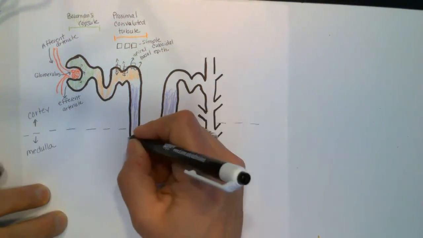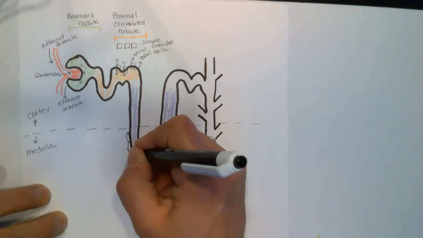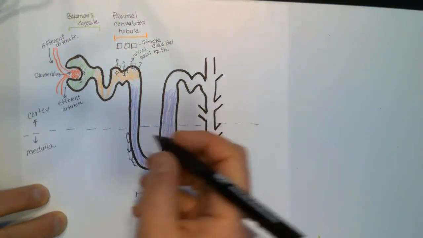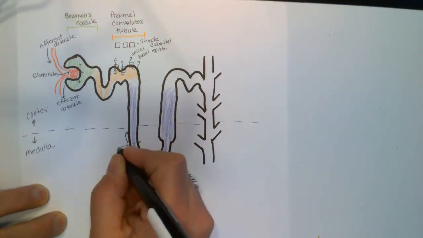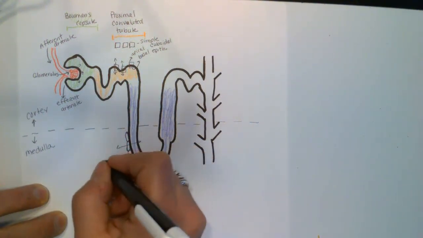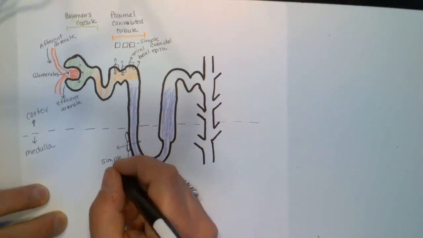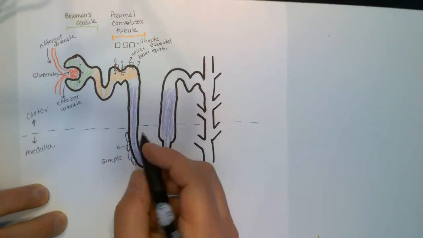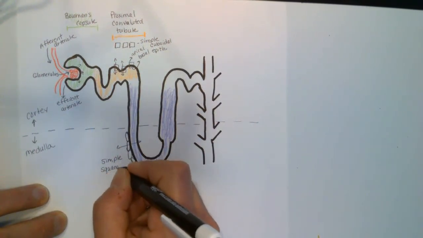Now, the loop of Henle is going to be made up of squamous cells, those flattened shells. And again, a single layer because eventually things are going to be going in and out of the loop of Henle. But just know that the epithelial changes in this loop because it's going to have a different kind of function than what's happening up in the proximal convoluted tubules. So this is going to be simple squamous